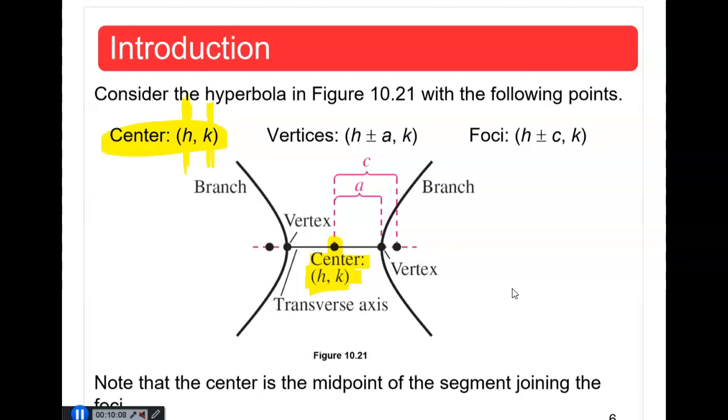For the vertices, depending on whether your hyperbola is horizontal or vertical, to find the vertices, we will be adding or subtracting a number, and that number you could already see here is A. In this case, since the horizontal line right here is the transverse axis,